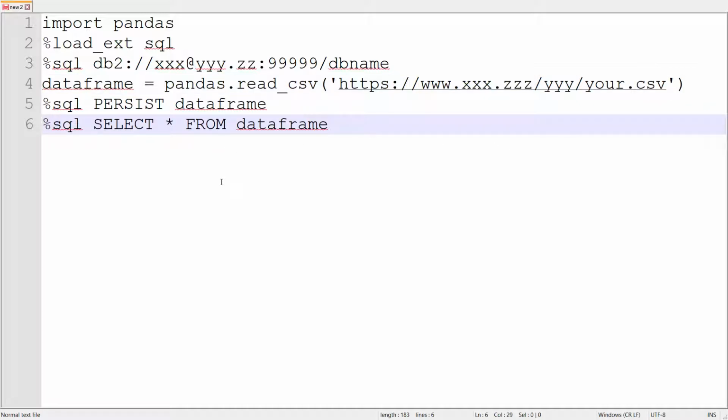And then you have the last line, %sql select star from data frame, or whatever you wish, in truth an ordinary SQL query. The result is that you have the results displayed in a human-friendly way, just below the cell where you have written this code.